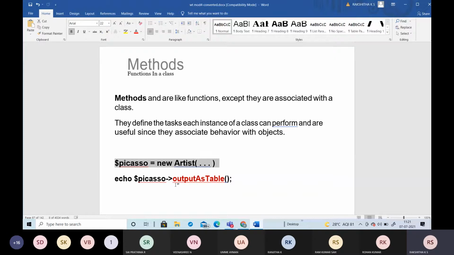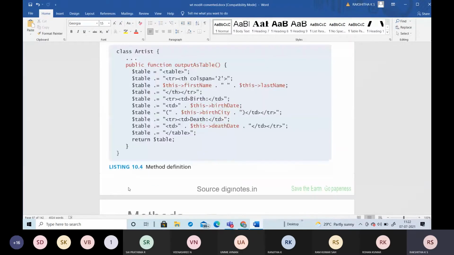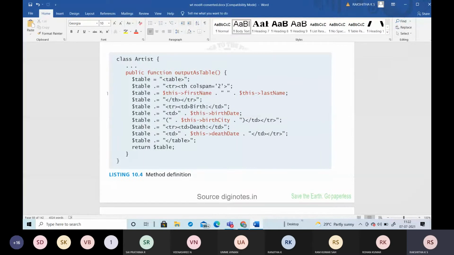Okay, so if I need to get the output, whatever data members we have written inside the parameters within the parenthesis can be accessed by using the function echo. So this echo is a function which is used to access whichever output. The parameters present inside the parenthesis can be taken by using the echo function. So this is the definition of the method.